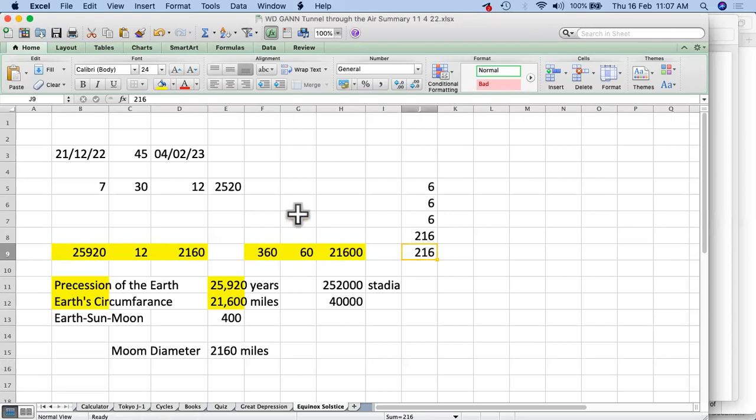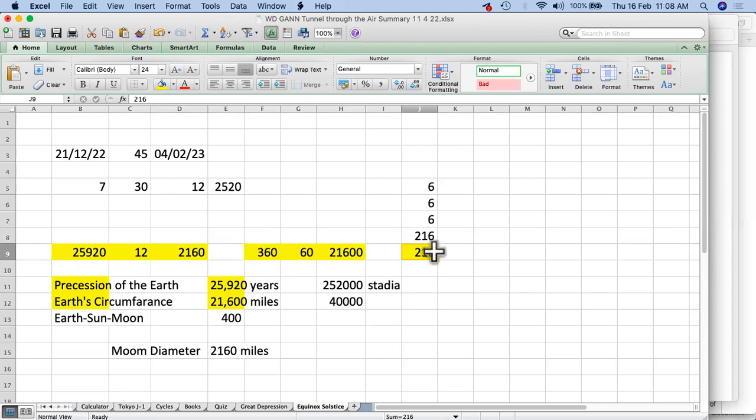So what is this 216 number, right? If you talk about 216, it is nothing but a multiple of 6. So 6 into 6 into 6, that is 6 cube, comes to 216. How does that come? So this 6 is there and 360 is 6 into 6, that is 60 into 6. So it basically comes down to 6 into 6, 36, and 6 into 6 into 6 is 216. As simple as that, right?